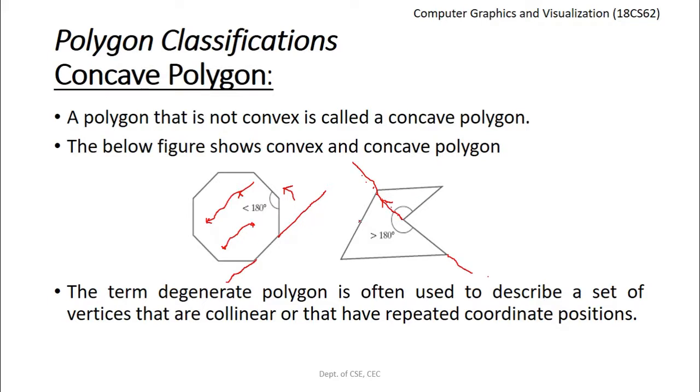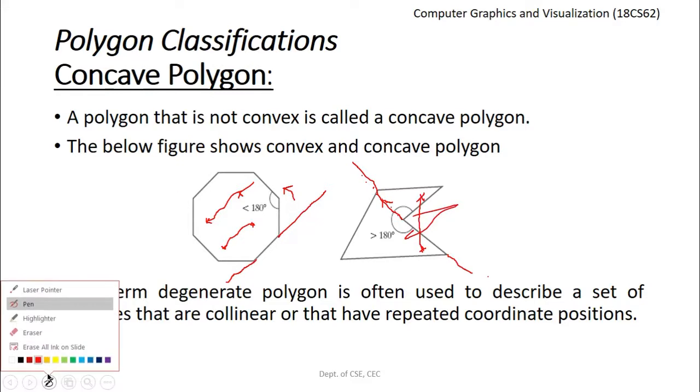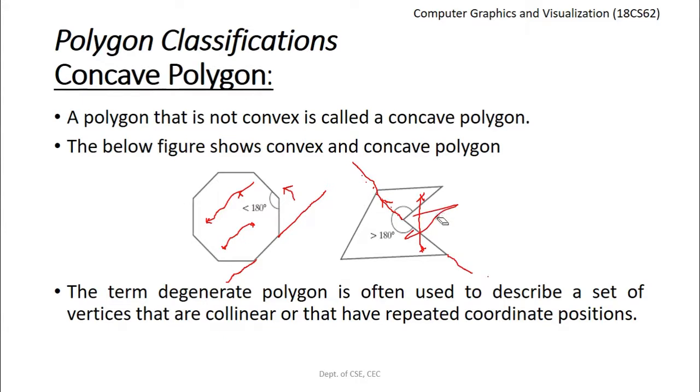What about the third condition? If you identify any 2 points within the polygon, the line segment connecting these 2 endpoints should lie completely within the polygon. So let us check if it is possible here. If I consider one point here and one more point here, and connect these 2 endpoints with a line segment, you can observe this particular portion of the polygon is not lying within the polygon. Hence the third condition is also false here.